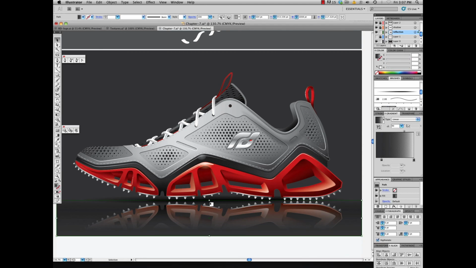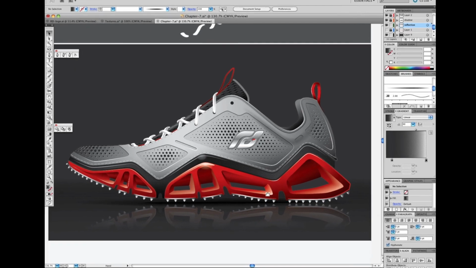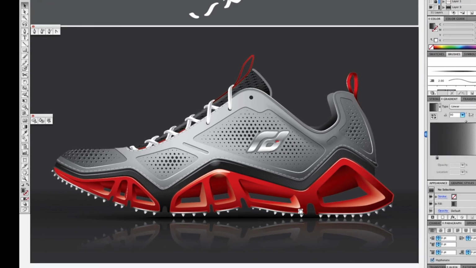And if you want to change the amount that's reflected, you can start to move this around so it's not too overpowering. And there's our